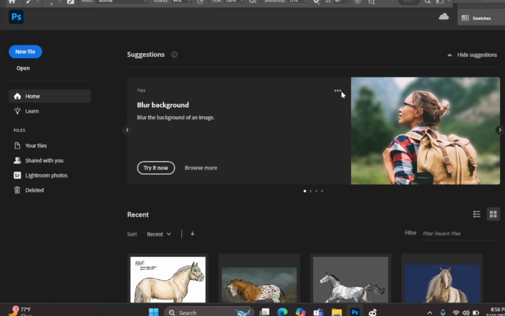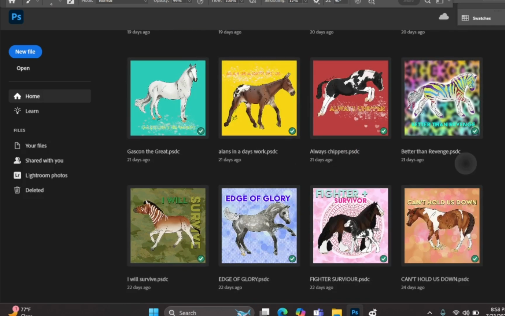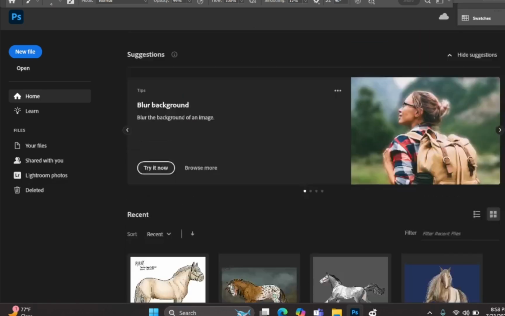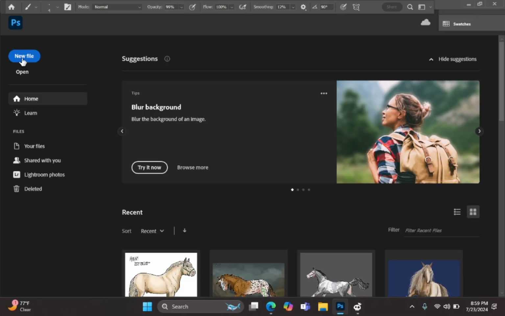So this is the layout of Adobe when you first click into the app. It's going to show you all of your recent artwork down here. And then it's also going to show you, on the side here, your files, your recently deleted, your Lightroom photos, and what has been shared with you. I don't really ever deal with this, so I'm not even going to bother with it. I usually just use the New File and the Open tab. Today we're going to do a new file,